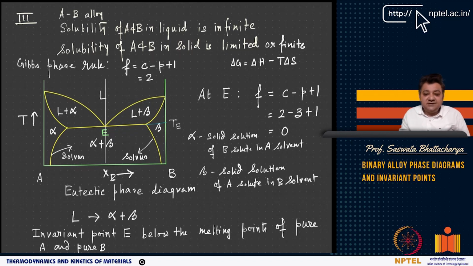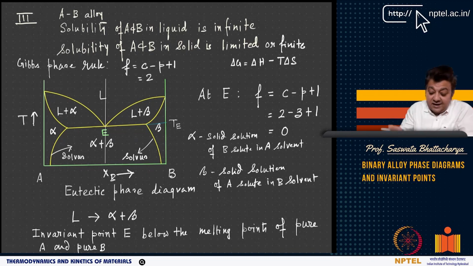So this is basically what the solvus curve represents. Now in the beta solid solution also the same thing. The amount of A that can dissolve in beta goes up as the temperature increases. Now look at a very special point here, a type of reaction which I have already discussed. The reaction we previously considered is basically liquid goes to A plus B, where pure A and pure B are in the solid state. The liquid transforms to pure A and pure B.